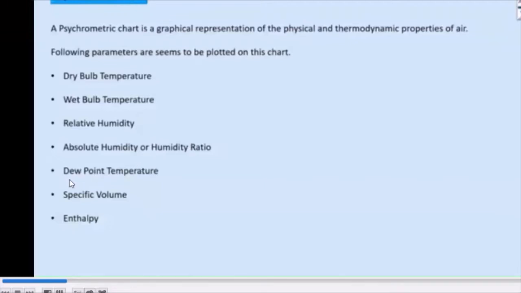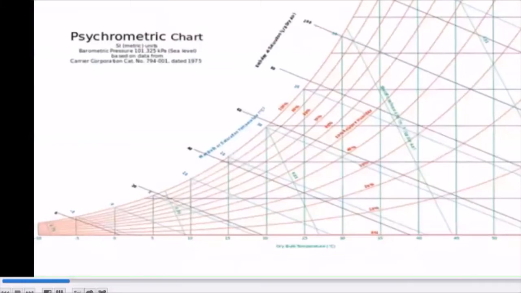Next, we can also identify dew point temperature in the psychrometry chart. We can identify specific volume and enthalpy in the psychrometry chart. Yes, all these properties are present in the psychrometry chart. Let us start with the video. Now this is exactly the psychrometry chart which is visible for you. In the book you can see it starts from -10 dry bulb temperature.